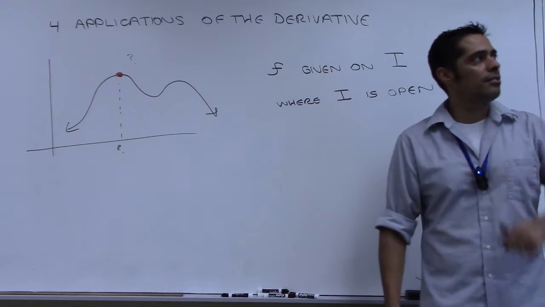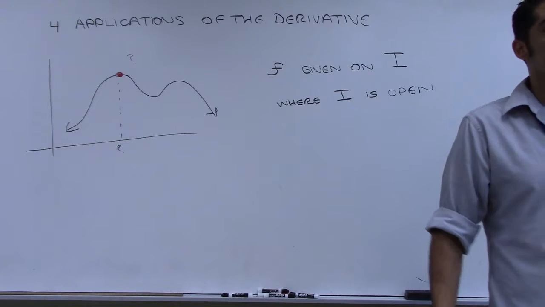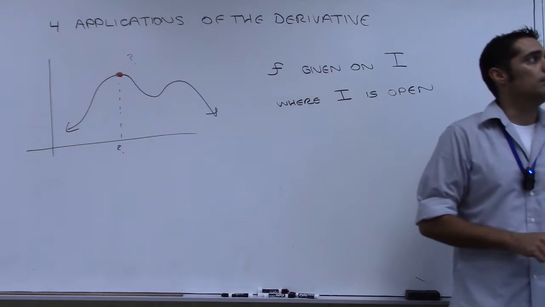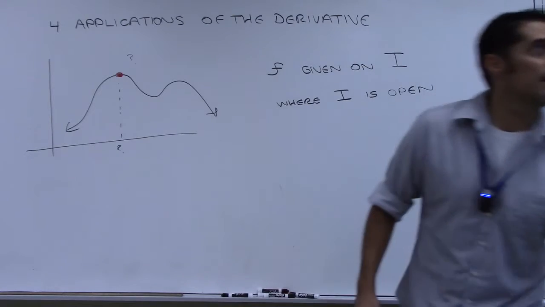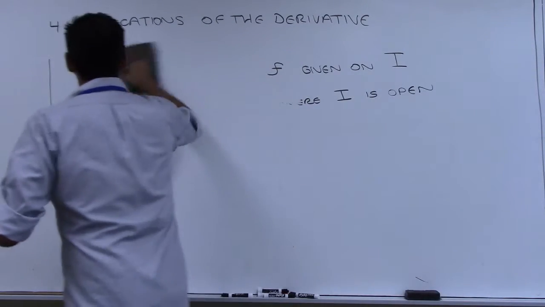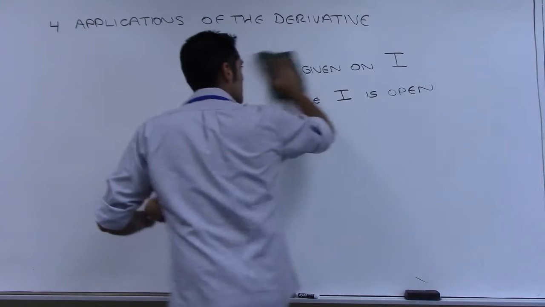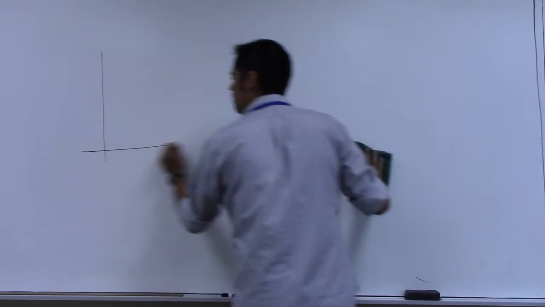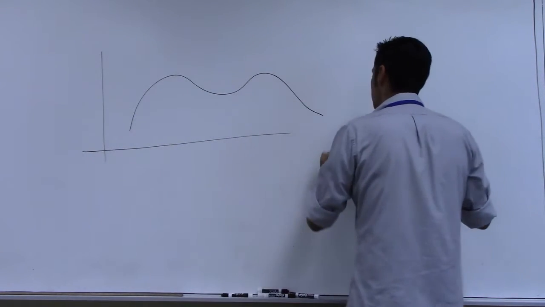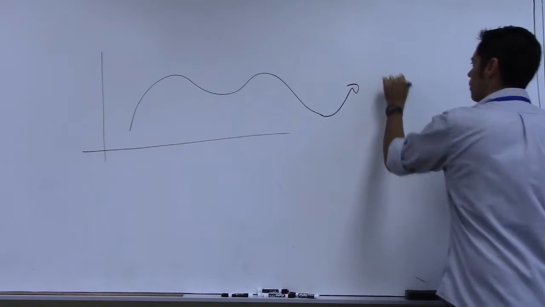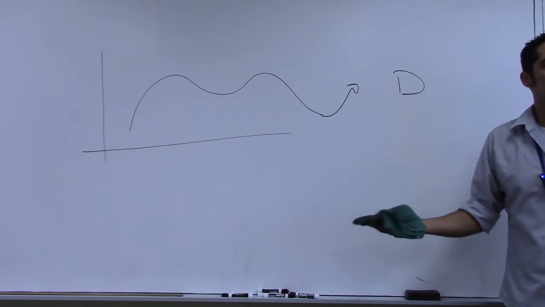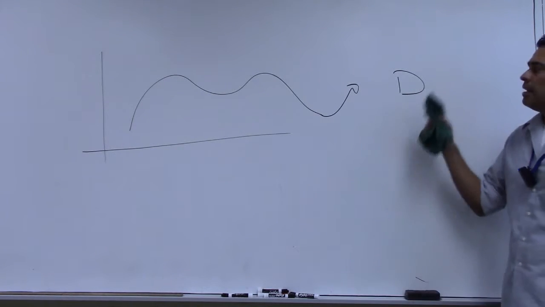So the notes that are online talk about all these different definitions. First of all, the first definition is what's called the absolute maximum or minimum value. So right now they're not telling you you have a closed interval, right? It's just saying you have a function defined on capital D. So you got some function defined on capital D. And the capital D here, it stands for the domain. The domain might be an interval that's closed or open. Here it's just D.